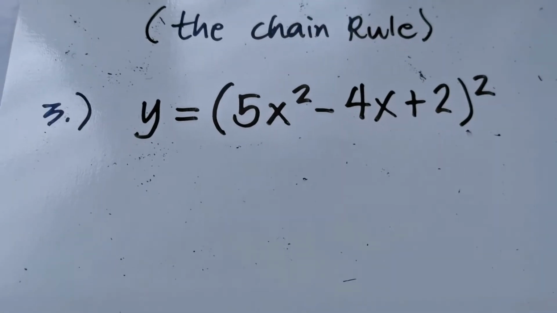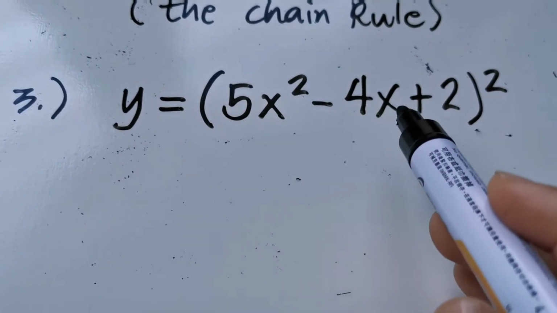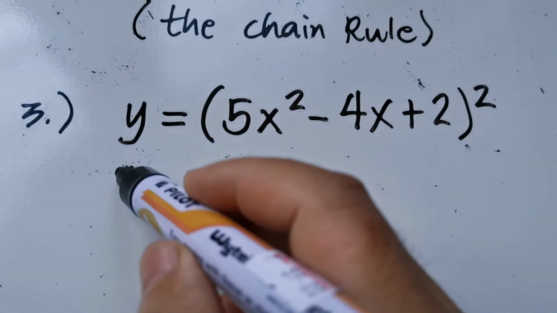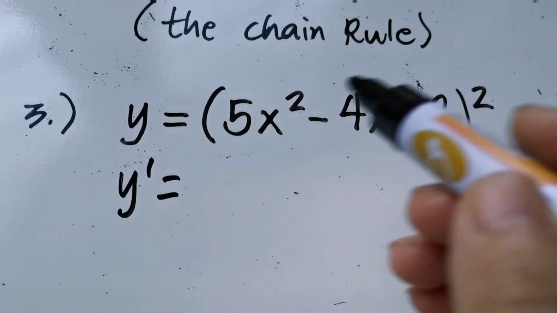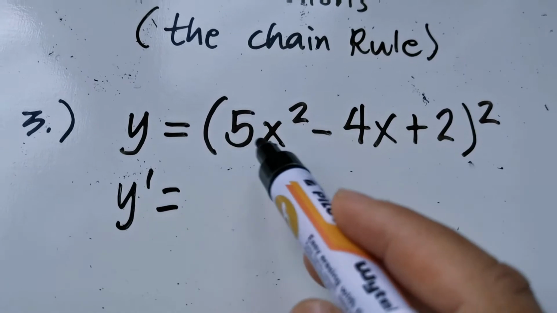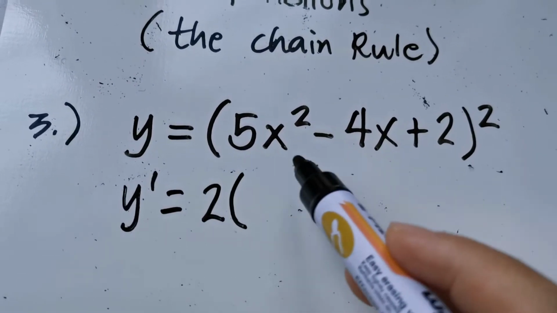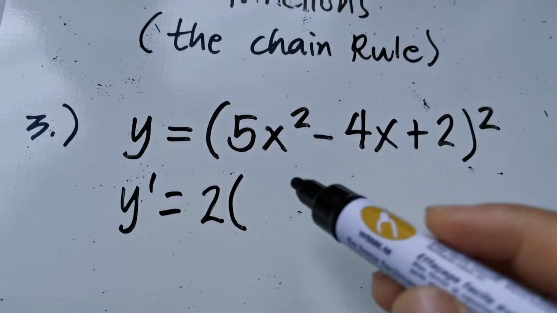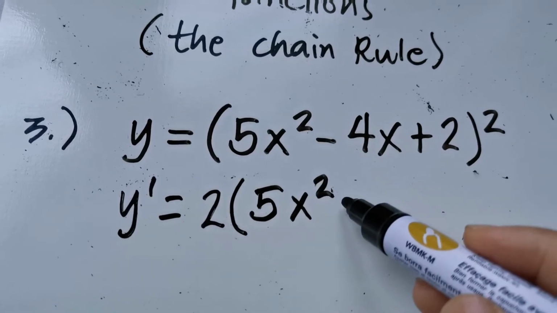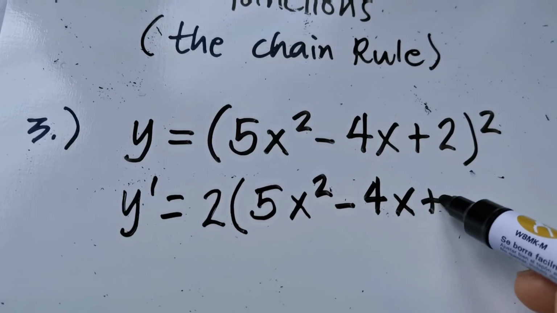Our third example is y equals the square of 5x squared minus 4x plus 2. So we have y prime. We will multiply 2 outside the parentheses. We have 2 times, we will just copy the inner function. We have 5x squared minus 4x plus 2